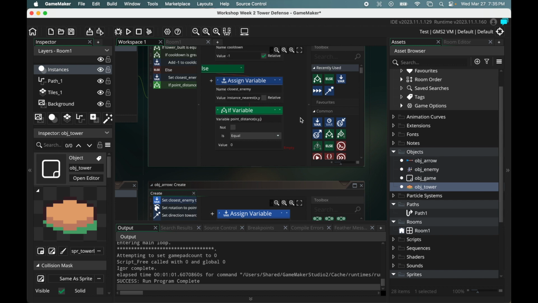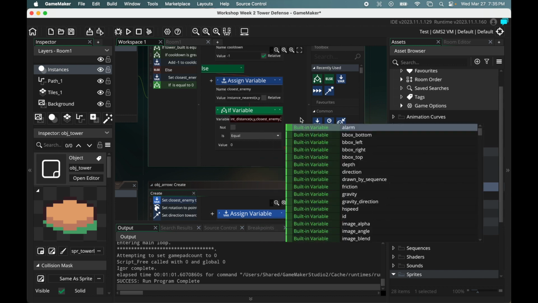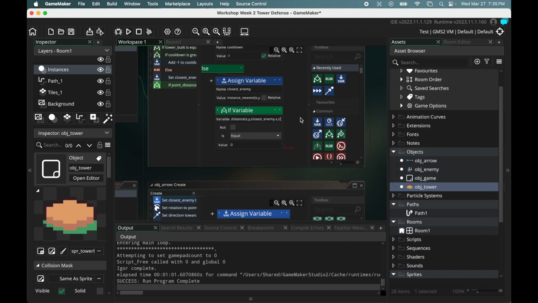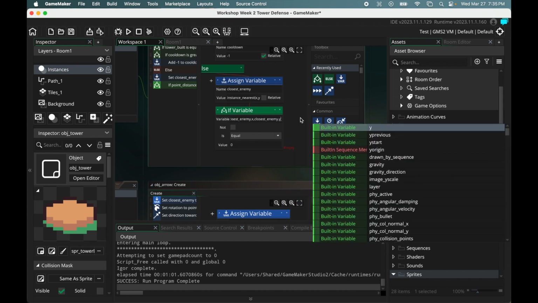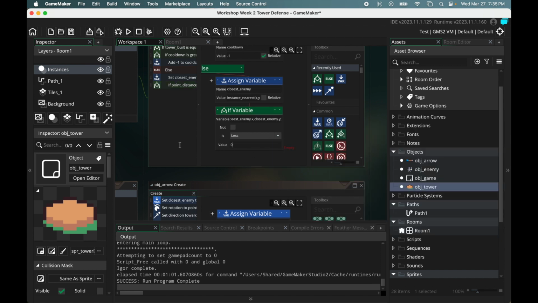So our own x and y, and then our closest enemy dot x, closest enemy dot y. And if that distance is less than, we'll say 100 pixels, we'll do 120 pixels just to give it a bit more range. Then it will create